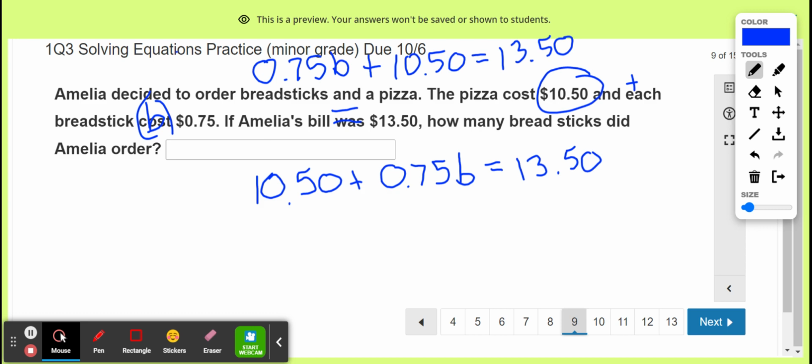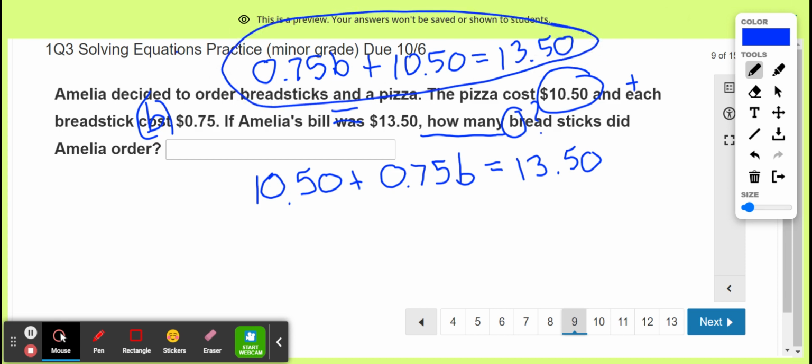So looking at problem number 9, we need to identify the variable. The question is asking about how many breadsticks. So the question is going to point towards what variable we're going to use. And we can use B for breadstick. And it looks like each breadstick is going to be multiplied by 75 cents. So we could set up the equation, breadsticks plus pizza, or pizza plus breadsticks, and it's going to give us the same result. So subtracting 1050 from both sides,